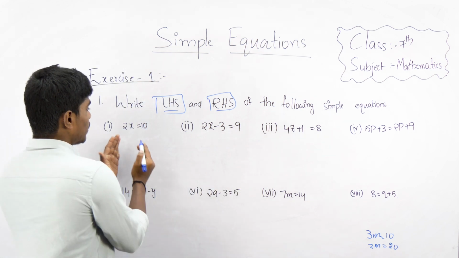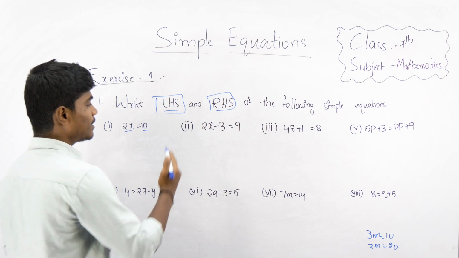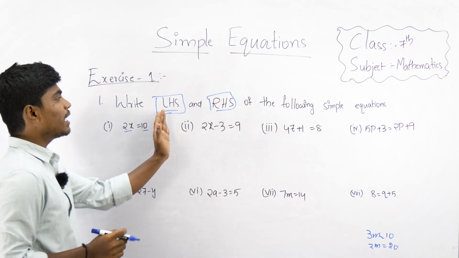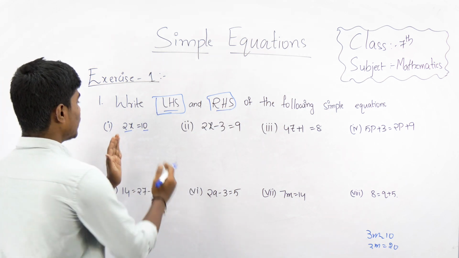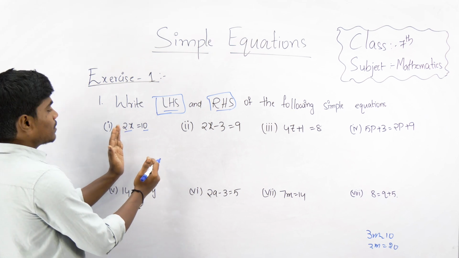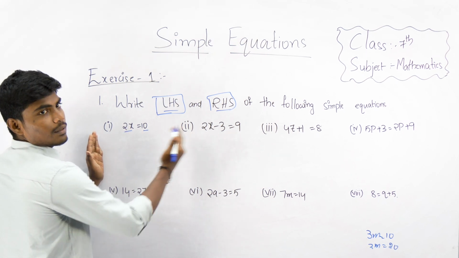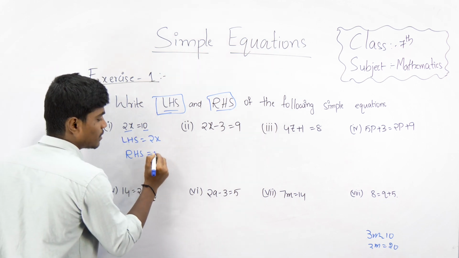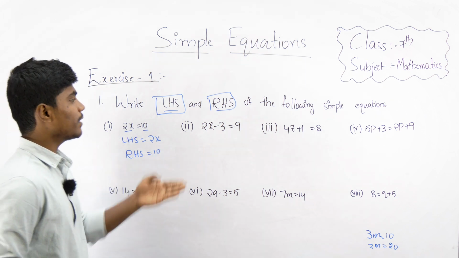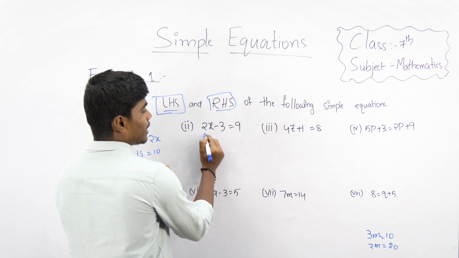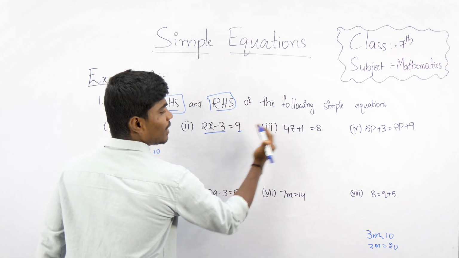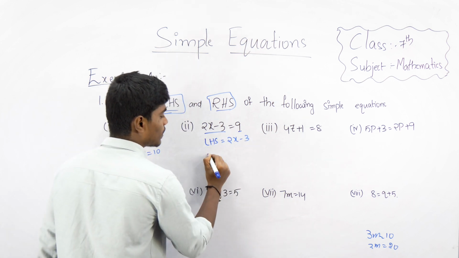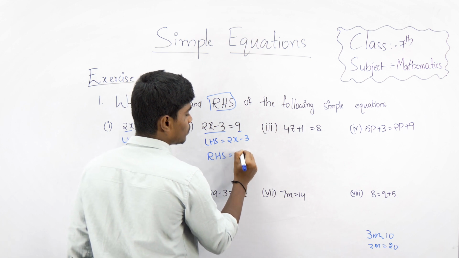Okay, here we have 2x = 10. This is my right hand, this is my left hand. Here we have to write the expression on the left hand side and the right hand side. If you observe, 2x is on my left hand side and 10 is on my right hand side. So LHS = 2x, RHS = 10. Okay, this is the first one. Now the second one, here 2x minus 3 is the left side and 9 is the right side. So LHS = 2x minus 3,